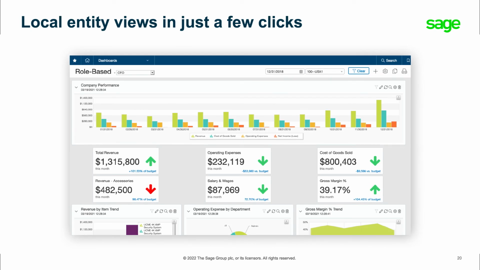You can see how groups of entities or local entities are doing to benchmark against each other by filtering dashboards or reports in just a few clicks. And then you can make decisions based on the insights from your dashboard that can have a profound impact on your business. Many Sage Intacct customers have used flexible entity views to benchmark entities against each other to determine most